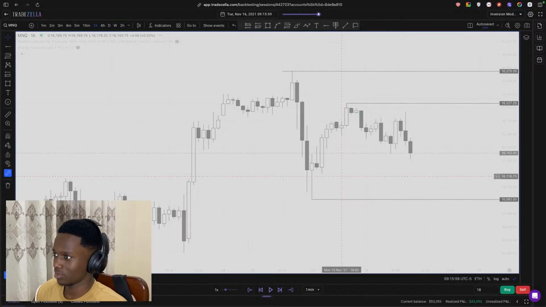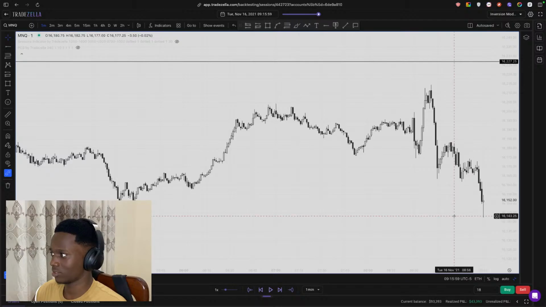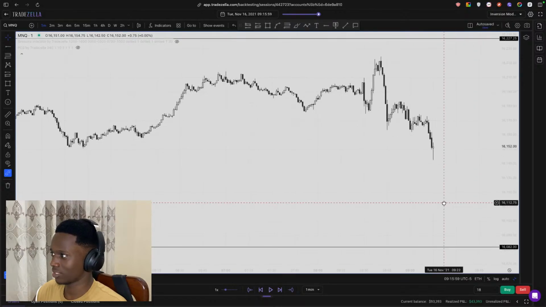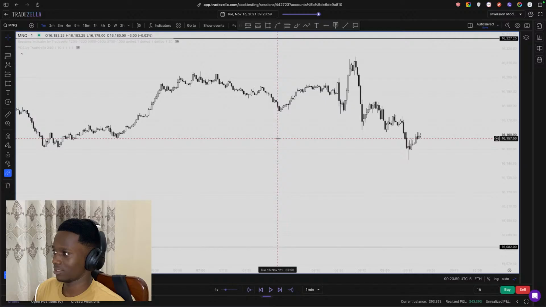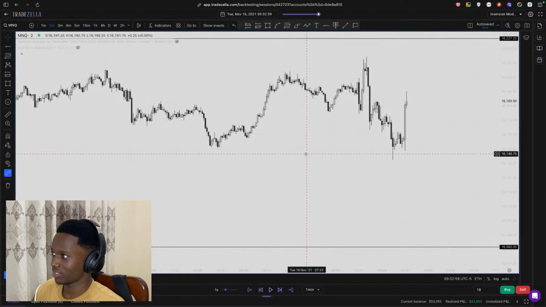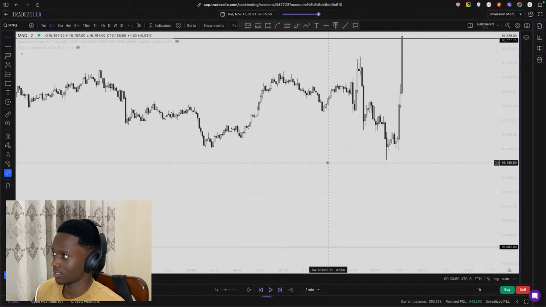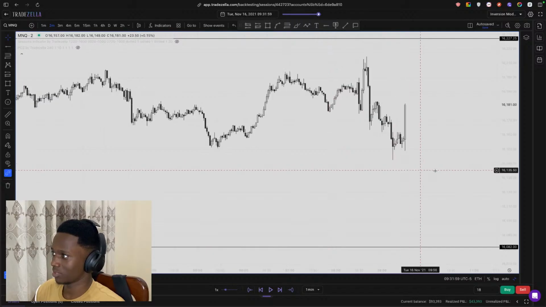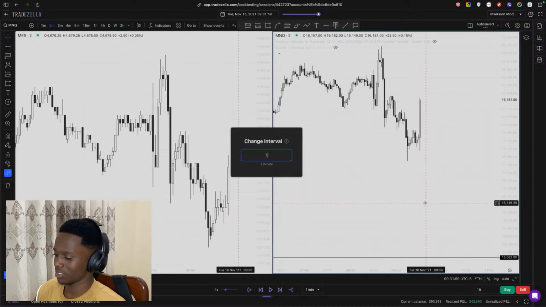So whichever way it goes, I'd like to see it run sell side before I can take the next. Run sell side, I take buys. Run buy side, I take sells. As easy as that. 9:30 open, drops very heavily. 2-minute reverses. I would have loved to trade a retracement though, because as of now, what I can see is,